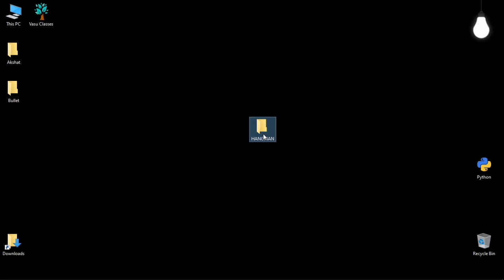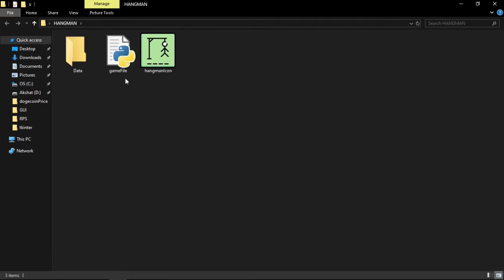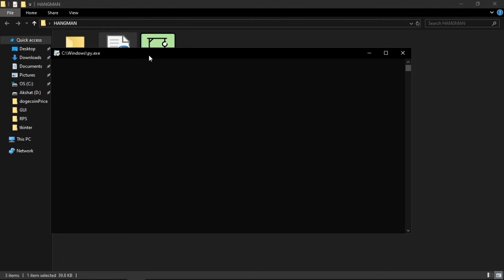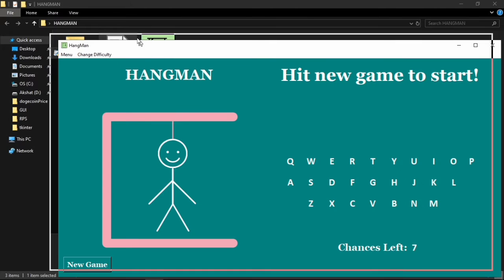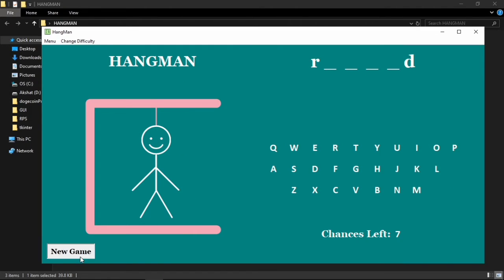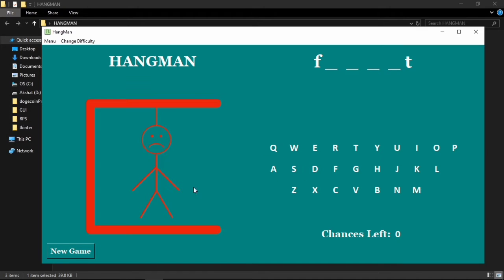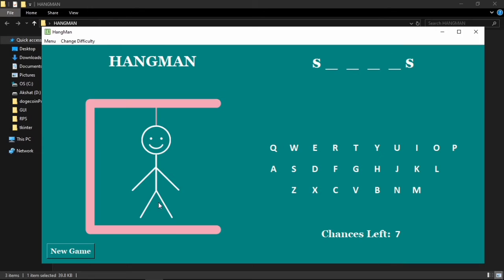I have actually made a Hangman game in Tkinter GUI. So let me just show you how it works. There we go. We can see that the game is working right now. We can hit on new game and guess the letters. If we guess a wrong letter, then the game gets over, and if we guess a right letter, the blank gets filled.